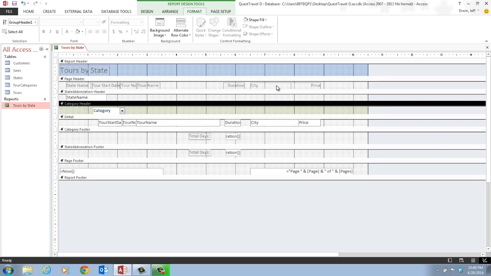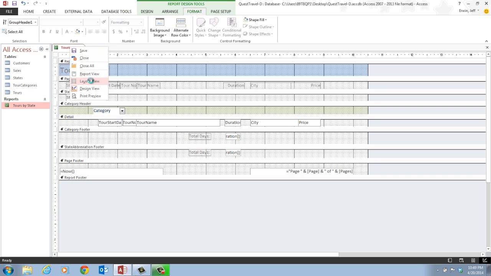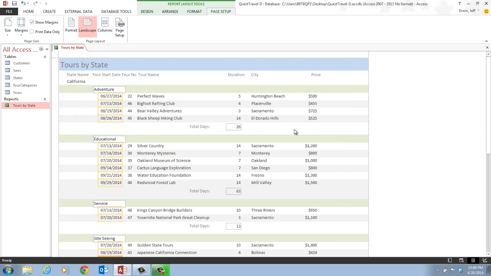In step 3, it tells us now we want to switch to the layout view so that we can review our modifications. So we can right click on our Tours by State tab, and we can switch over to the layout view to review our modifications. And now the category sections are clearer, but we're going to decide now to make one more modification to emphasize